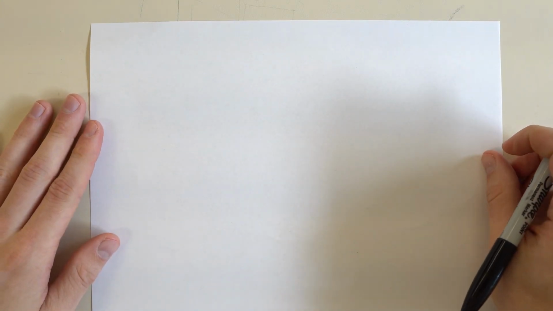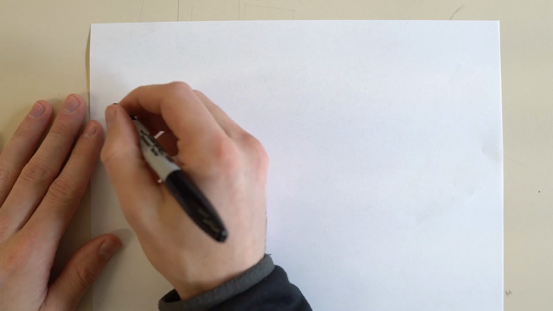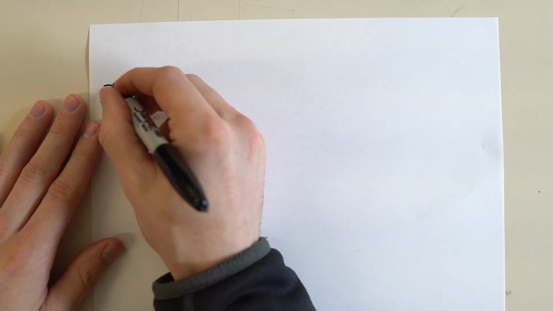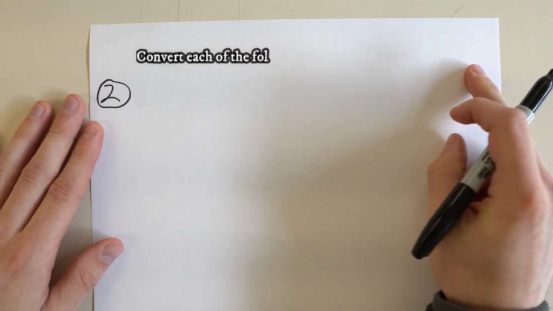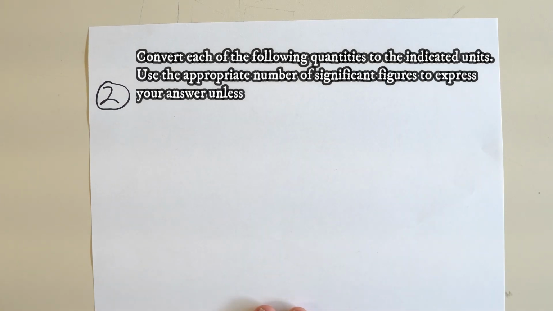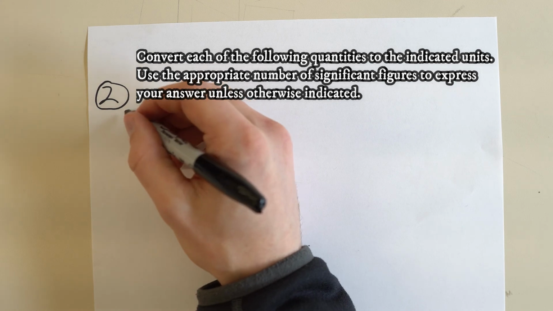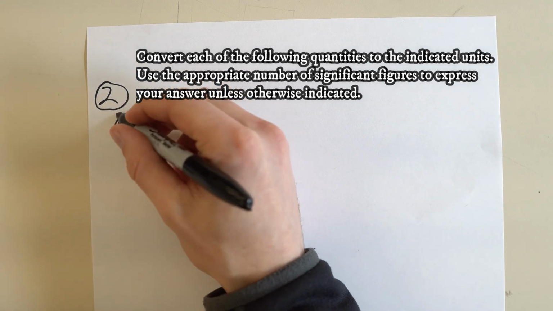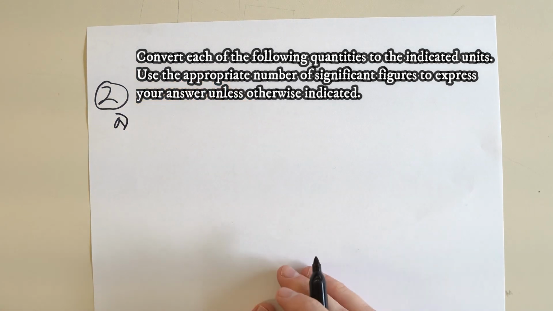So on our unit conversion homework, I'm going to do problem number 2 with you. So problem number 2. It says, convert each of the following quantities to indicate the units. Use the appropriate number of significant digits to express your units. So 2A, we are given